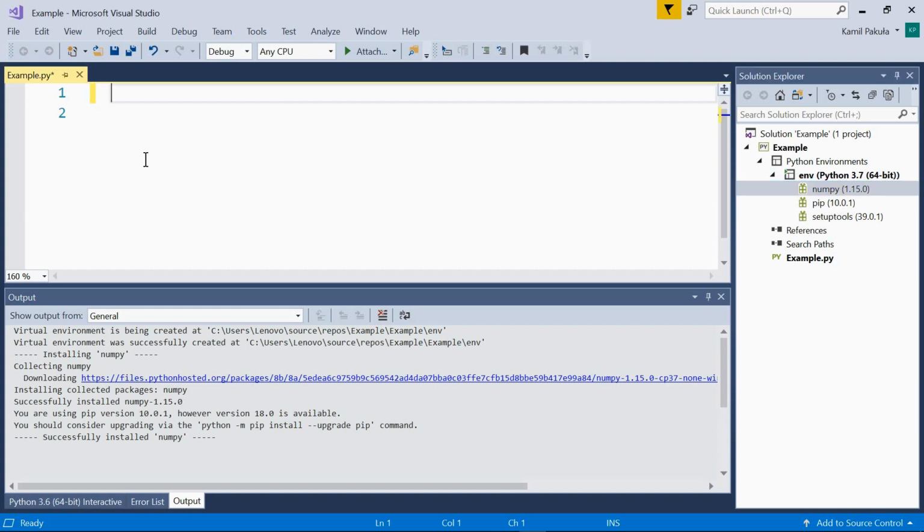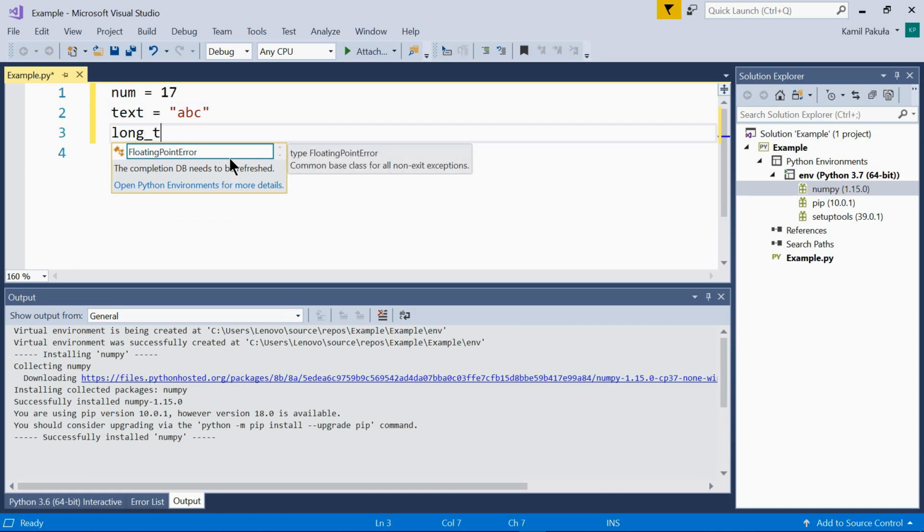Typing code in Visual Studio. Now let's see how to type code in our example.py file. As you type your code, you can make use of IntelliSense, code completion, and signature hints. So type slowly the following code and watch how they work. Here we have num equals 17. Enter. text equals ABC. Enter. Now we have long_text